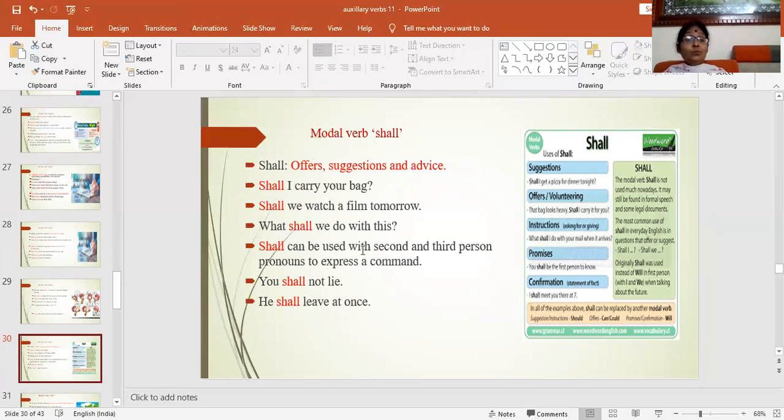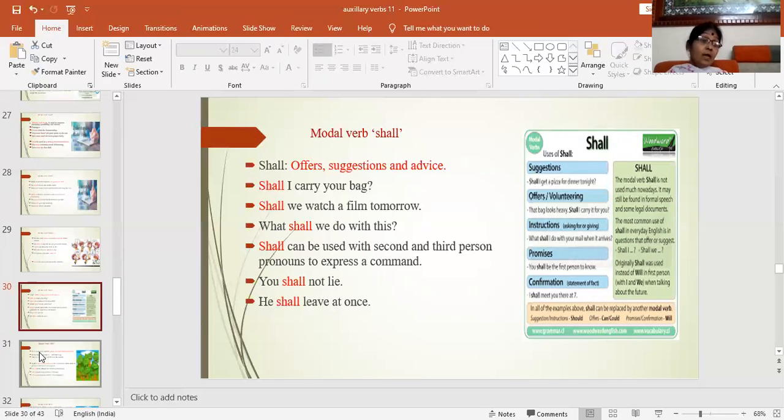Shall can be used with second and third person pronouns to express a command. For example, you shall not lie. He shall leave at once. So in this way, we can use it for second and third person pronouns to express a command, right? Now,